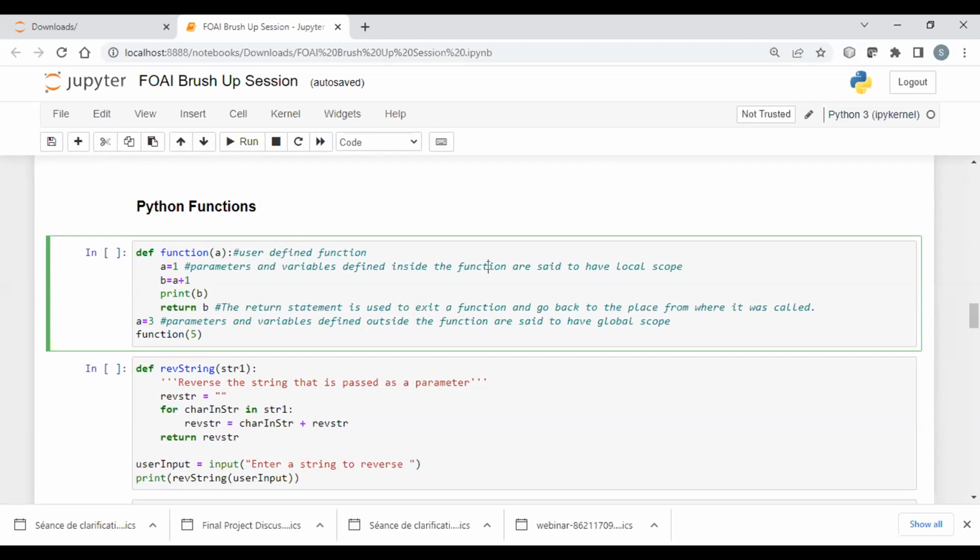So you can see we have created a very simple function with its definition here. Looking at this code, can anyone tell me what is going to be the output of this code?